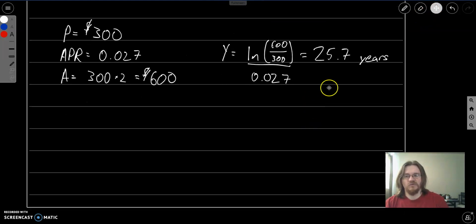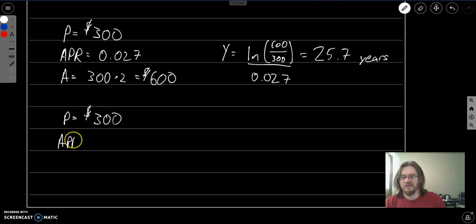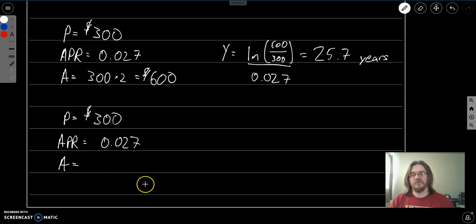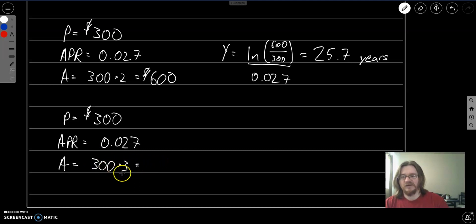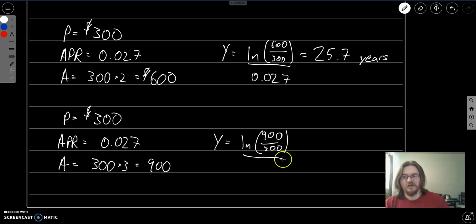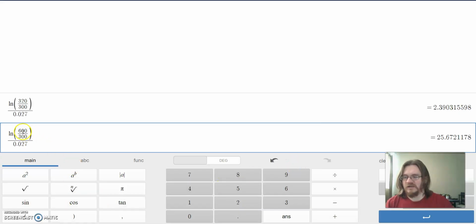And let's do one more. So if our initial principal is the same as ever, 300, and our APR, our interest rate, is the same as ever. But now our account balance, if we want to triple our account, well, if we initially have 300, we're going to multiply it by 3 to triple that, which will be 900. And I can plug all this into my formula. So this is going to be the natural log of 900 divided by 300, and all that divided by our APR, which is 0.027. And the nice thing is that Desmos remembers what we put in, so all I need to do is change the 6 to a 9 to get 40.7. And that is our